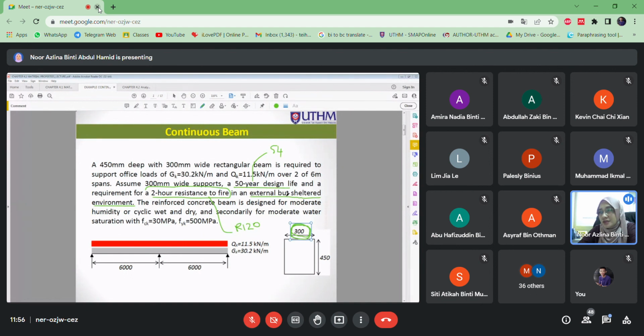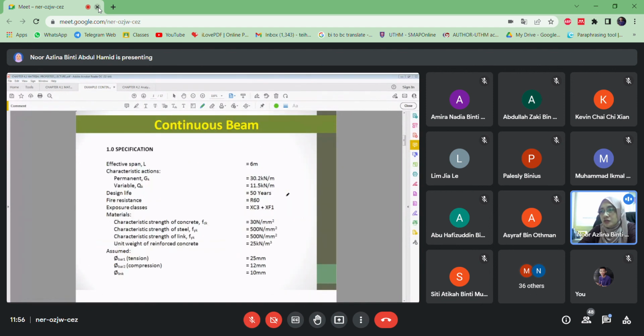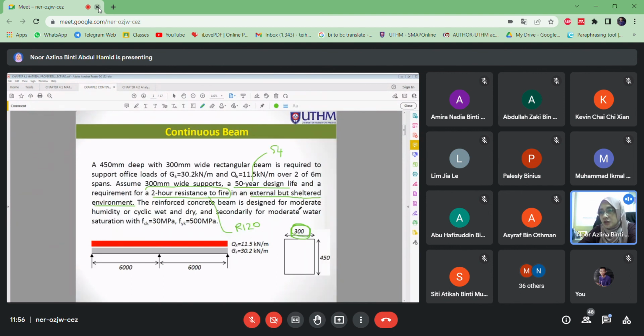With these types of situation, you need to know what the exposure class is: XC1, XC2, depending on the structure. It mentions here, this is the specification. Might be this becomes the solution. You come up with this solution. So it mentioned here XC3 plus XF1. So there are combinations of situations here. It mentioned also secondarily,